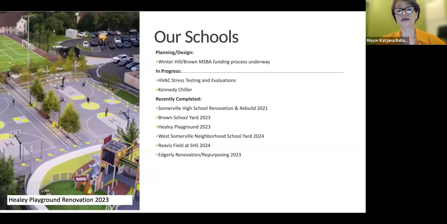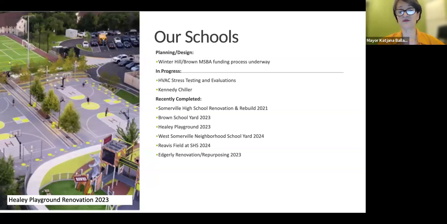Then we work on putting these plans into action. So just to take a look at some of the work underway and recently completed, we have a series of slides that you can review in more detail later in the handouts or online.